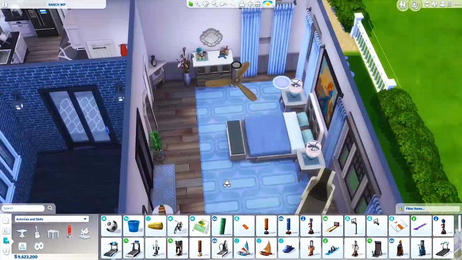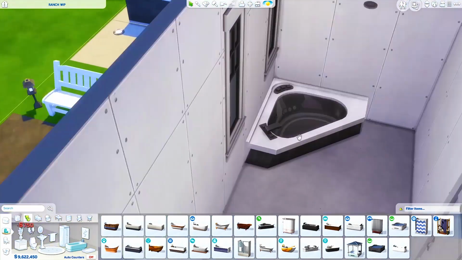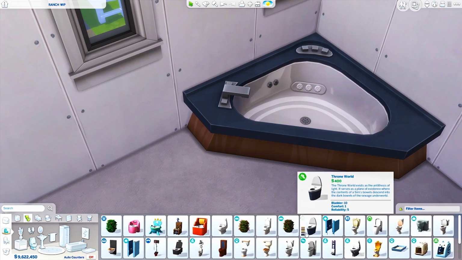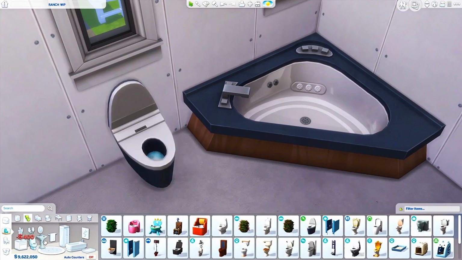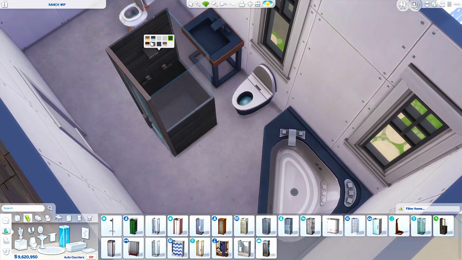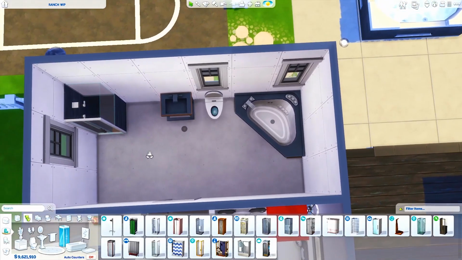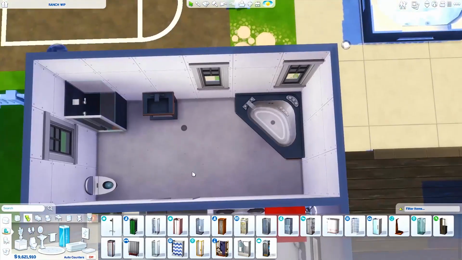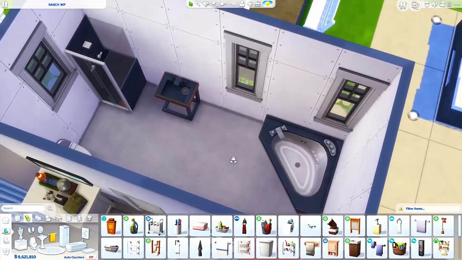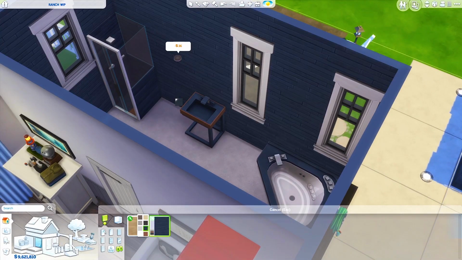I decided to put that in to take up some of the extra space. And then for the bathroom, I wanted to do some blue in here as well, so it would tie in nicely with the master bedroom, so the bathroom and the bedroom kind of match. And so I used this blue plumbing from the Fitness Stuff pack. I like it because it kind of has a modern look, but it still had the blue color that I